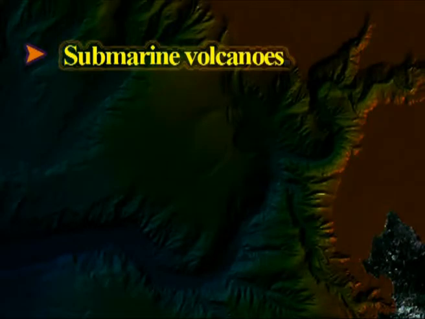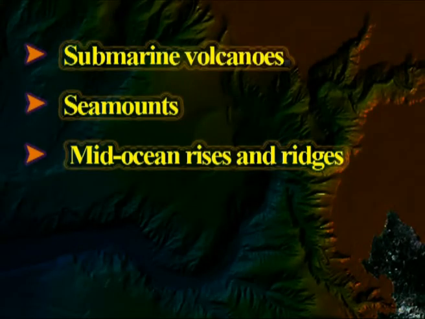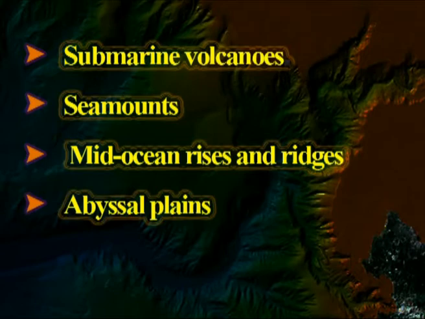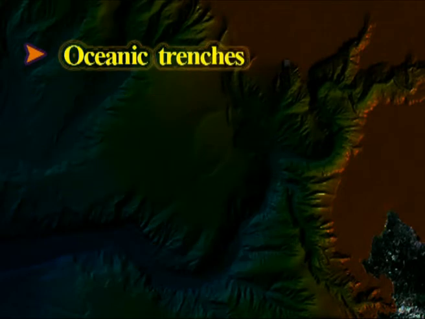The final part is the deep ocean basin. The schematic profile of an ocean basin shows the following 10 features. Number 1, the submarine volcanoes. Number 2, sea mounts that are isolated submarine hills with steep sides, volcano shaped, more than 1 kilometer in relief. Third one is the mid ocean rises and ridges. Then comes the abyssal plains, then the knolls or abyssal hills, then the oceanic trenches, then the